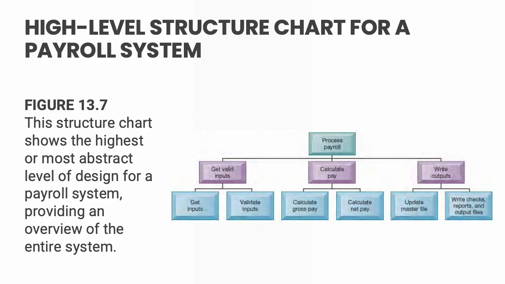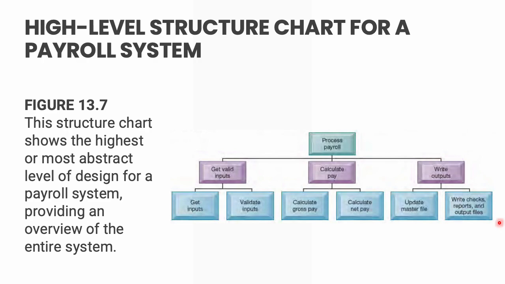It may look like an organization chart for a company, but instead of people, it shows the different modules of a computer system and how they work together. And this specific chart is a high level design for a payroll system. High level means it just shows the biggest, most important parts, like looking at a map of Taiwan and then seeing just major cities, not all the small streets.